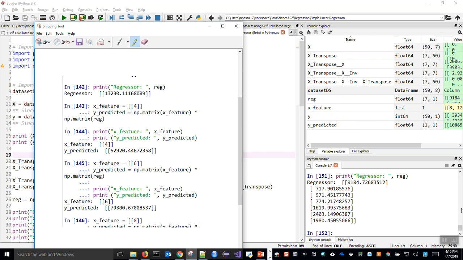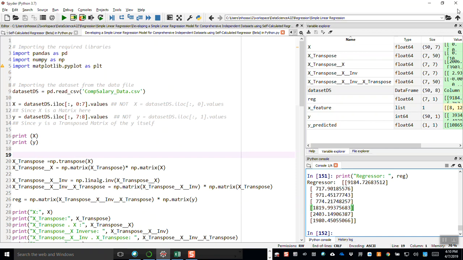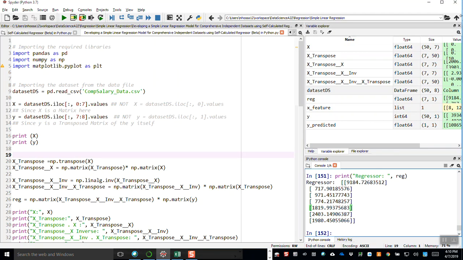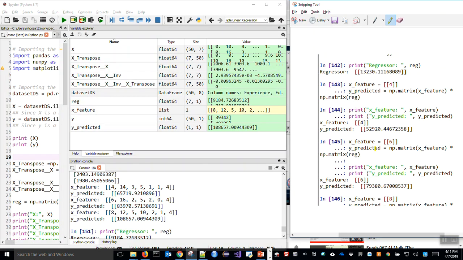But this time, we are considering years of experience, then years of study, how many years he studied, 14 years studied, and the next one,